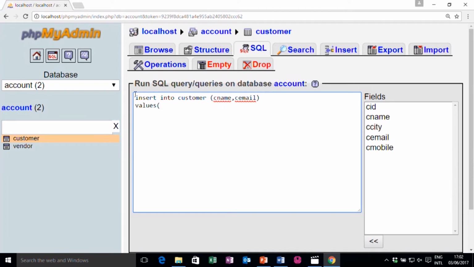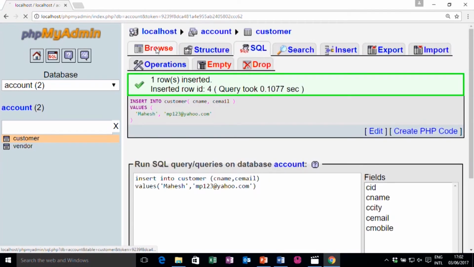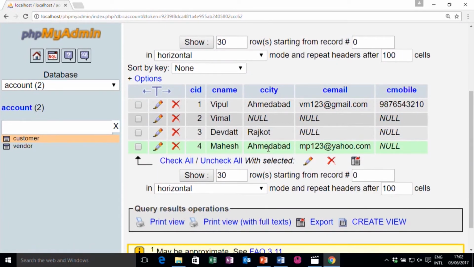Name is, let us say, Mahesh, and its email is mp123@yahoo.com. So, I provide customer name and customer email. City I do not provide, and customer ID is auto increment. So, it will take a new value, but email is this, and city by default we defined as Ahmedabad. So, if we insert it and look, now it will take Ahmedabad by default.